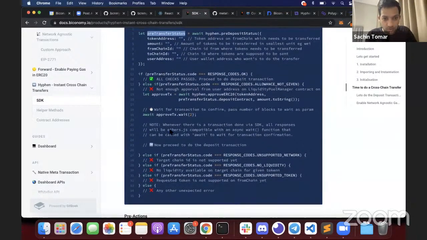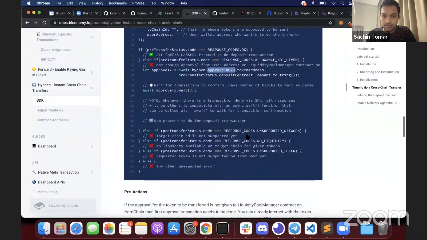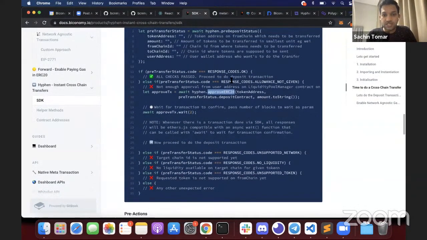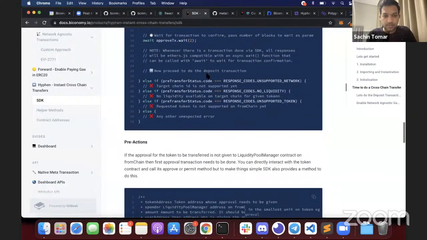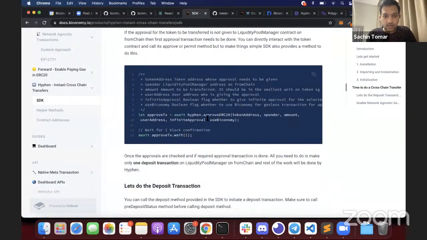You can do all these checks. If the response code is okay, you can proceed to do the deposit transaction. If allowance is not given, you will get this response code. Then you will just call the approve ERC20 method of the SDK to give the token approval. And these are all other error handling you can do. Once the pre-check is passed, you can actually